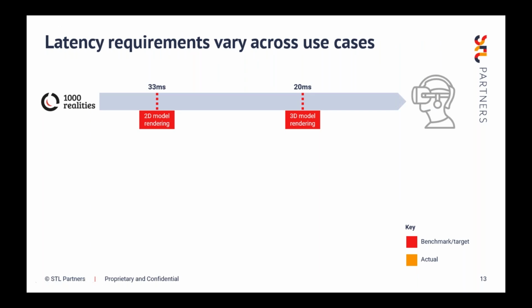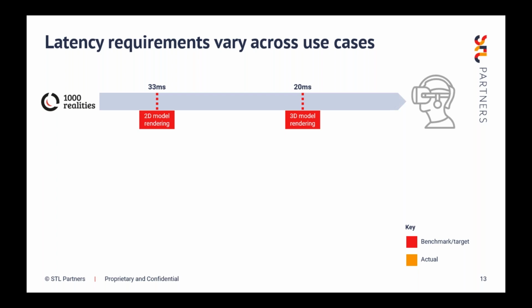So, deep diving into latency in a bit more detail, we did get some interesting data points from the developers on what their specific latency requirements are. Here we've got an example from the VR space, and these are quotes from 1000 Realities, which is one of the companies we spoke to. You can see from the numbers here that there are quite stringent requirements to be able to render the models that will be viewed through the headset from an edge node, so that the individual wearing the headset can move and the image is rendered in real time.